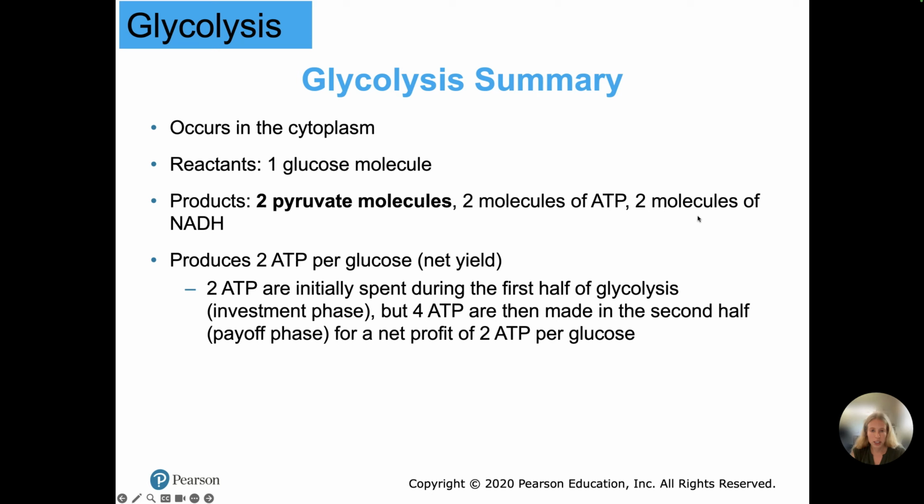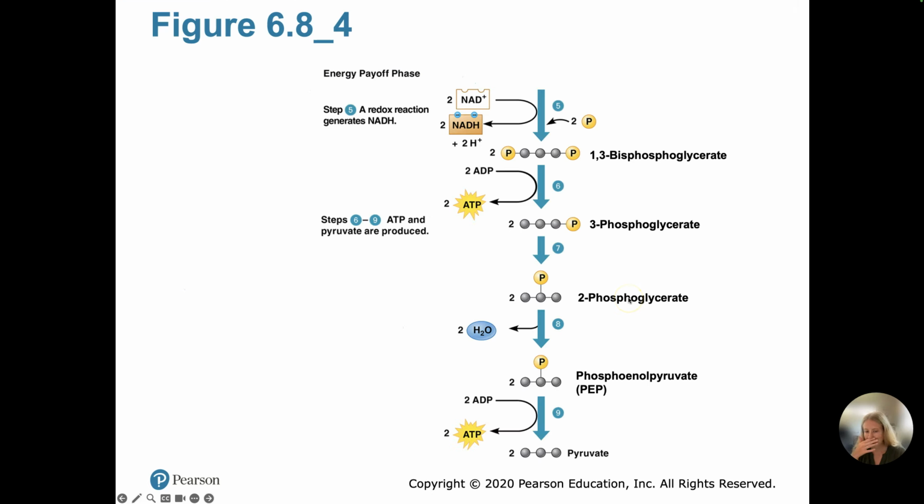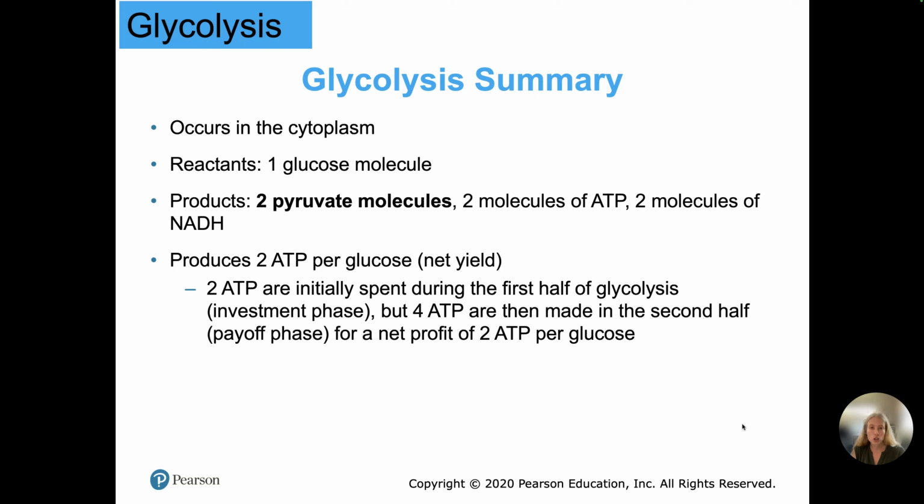If you want to go back and look at how these were made, we can go see here. We had the 2 pyruvates there, and then we had the 2 NADH molecules made there. ATP, it looks like we had 4 total made, but notice back in that energy investment phase, we had to use 2 ATP as an energy investment, so the net yield is only 2 molecules of ATP, which is stated here below. Glycolysis produces 2 ATP per molecule of glucose in its net yield. This is because 2 ATP are initially spent during the first half of glycolysis during that energy investment phase, but 4 ATP are then made in the second half, or the energy payoff phase, for a net profit of 2